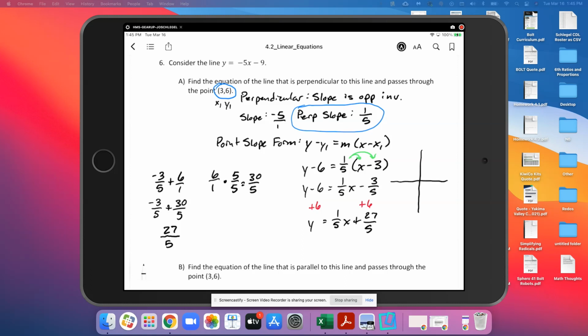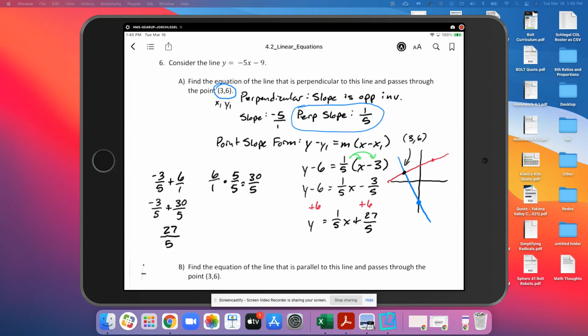We would have negative 5x minus 9 with a y-intercept down here at negative 9, and it would be pretty steeply going in the negative direction. And then if we had our new line that passes through the point 3, 6, it would pass through this point way up here somewhere. And it would have a slope that's pretty shallow, so not very steep, and it would look something like that. And you can see those two lines coming together form pretty close to, in my sketch anyway, a 90-degree angle, which means that those lines are perpendicular, and where they cross would be right there at the point 3,